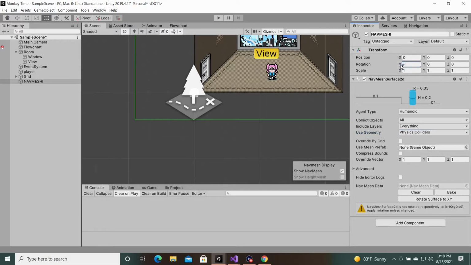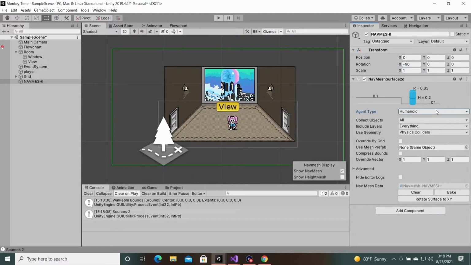So we're going to go do that because this is made for 3D, and 3D has the Y and Z values flipped. And so with 2D, we need to rotate it -90 degrees to make it work. So as you can see, it's set to work with humanoid agents, which is good because we want a humanoid